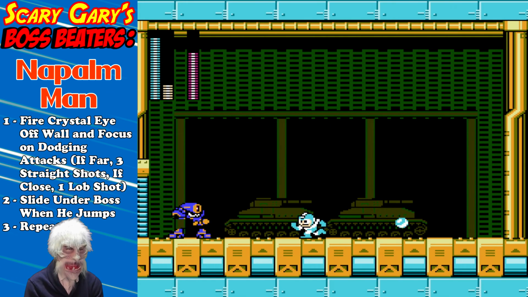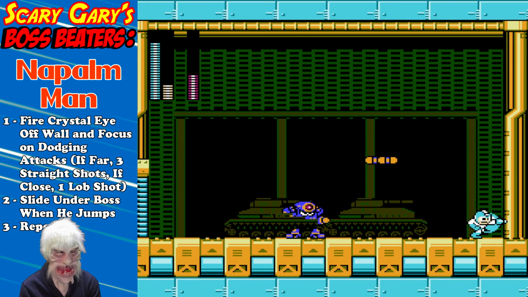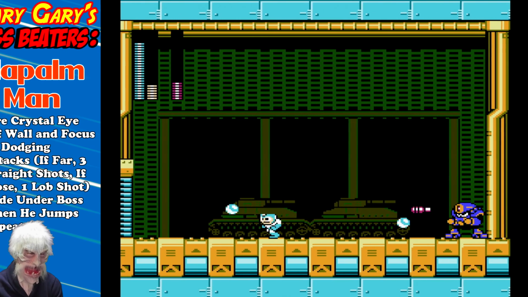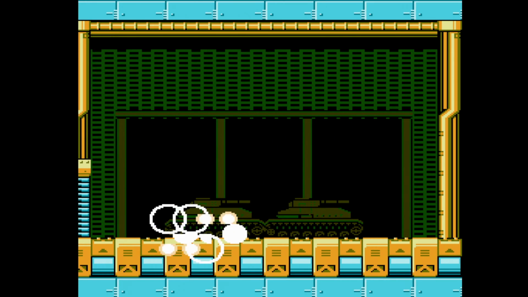If he's far away, he's going to do those 3 straight shots. When he gets close, he'll do that 1 lob shot. You want to slide under him when he jumps. Just repeat this process, you'll take him down. Thank you very much, Gary. And yeah, just